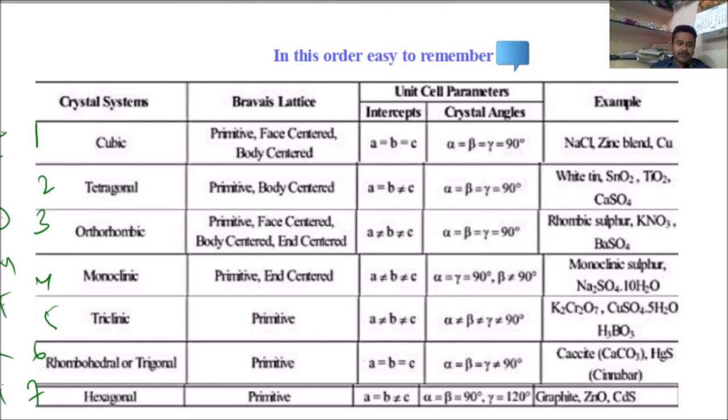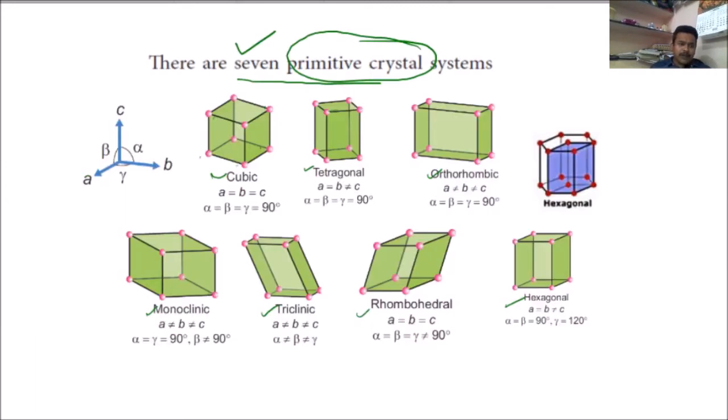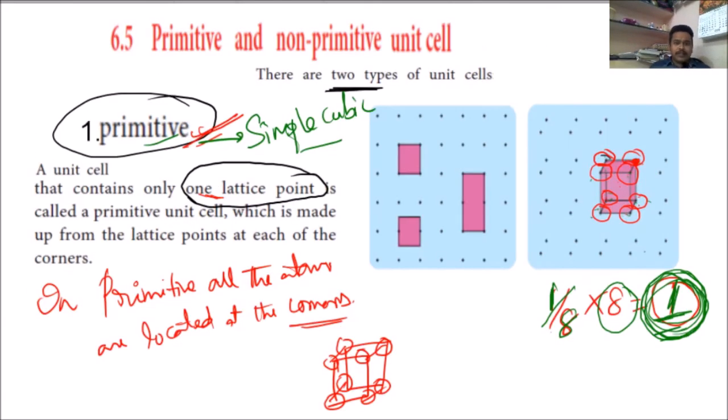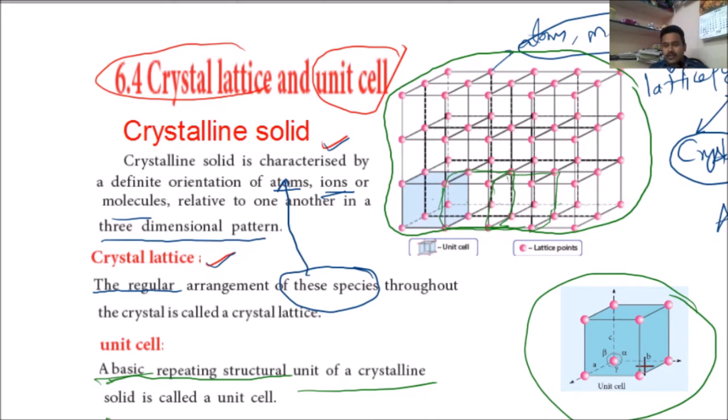See this. Whenever I am talking about a unit cell, this is a unit cell. In this unit cell, what is there? One axis, x axis is there, y axis is there, otherwise z axis is there. Three dimensionally x, y, z axes are there. And the angle between these two axes you consider as alpha. Angle between this y and z axis you consider as beta. Angle between x and z axis you consider as gamma. These three are the angles.